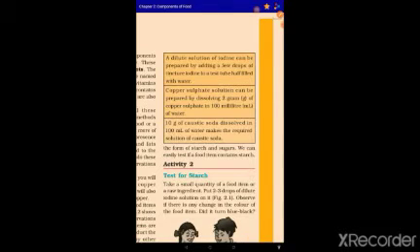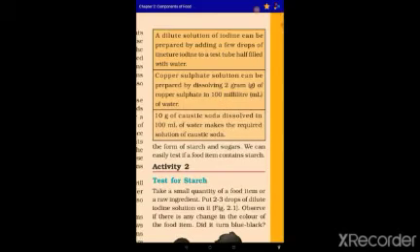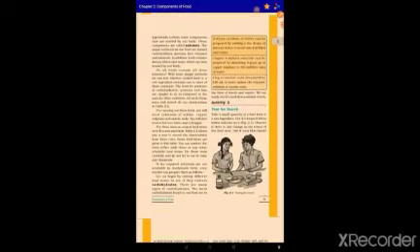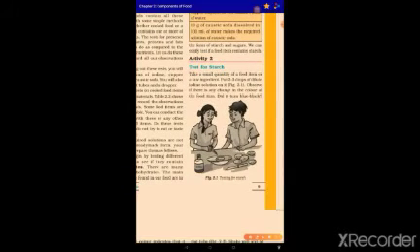So the copper sulfate solution can be made by preparing 2 grams of copper sulfate in 100 milliliters, that is ml, of water. 10 grams of caustic soda dissolved in 100 milliliters of water makes the required solution of caustic soda. Test for starch, that is the test for carbohydrates. Take a small quantity of a food item or a raw ingredient.